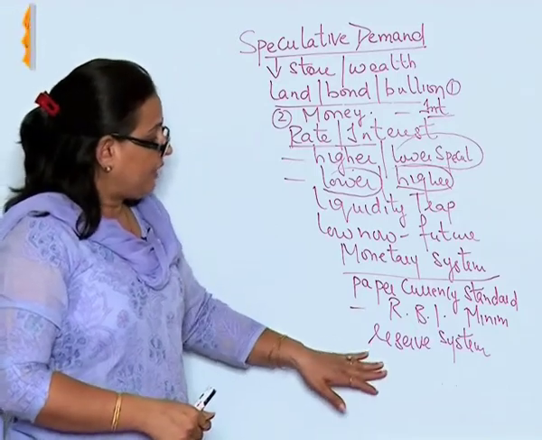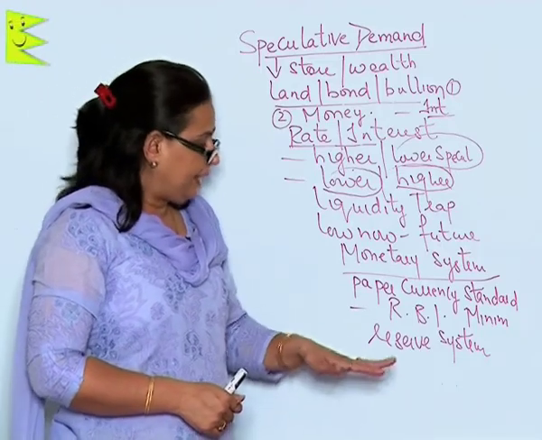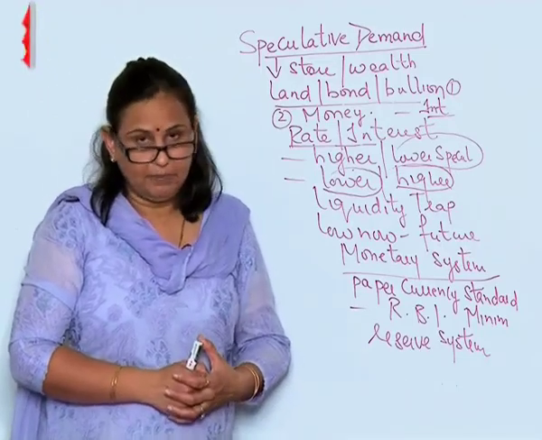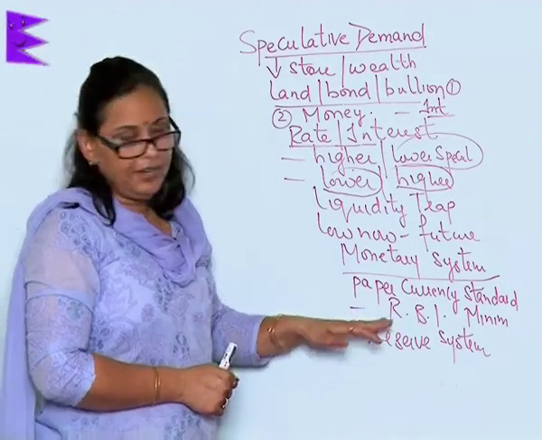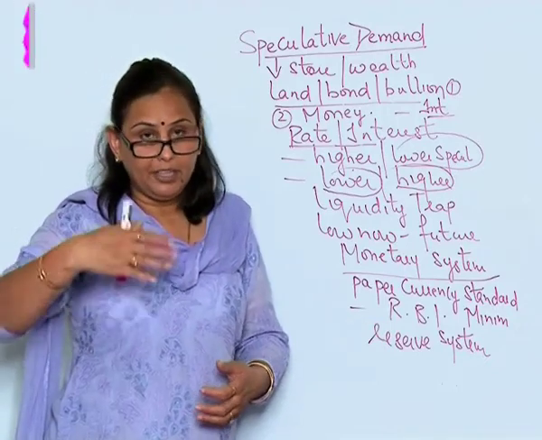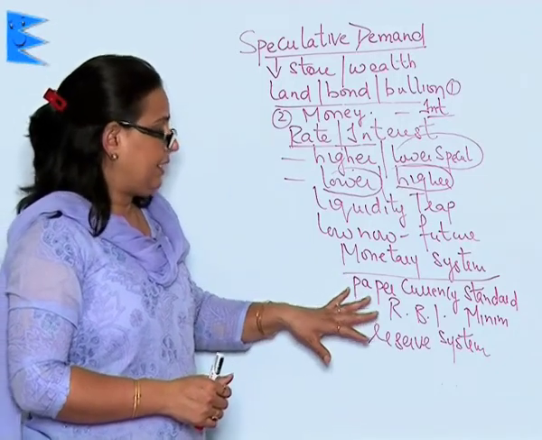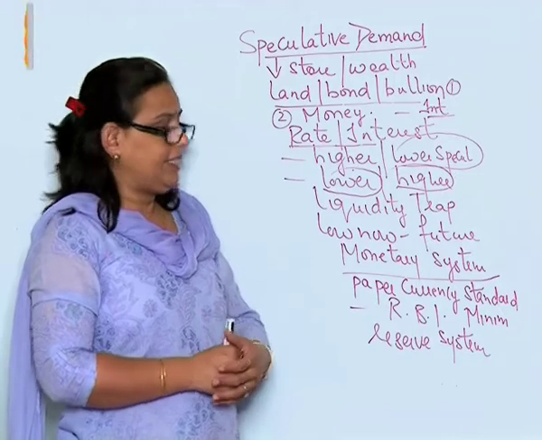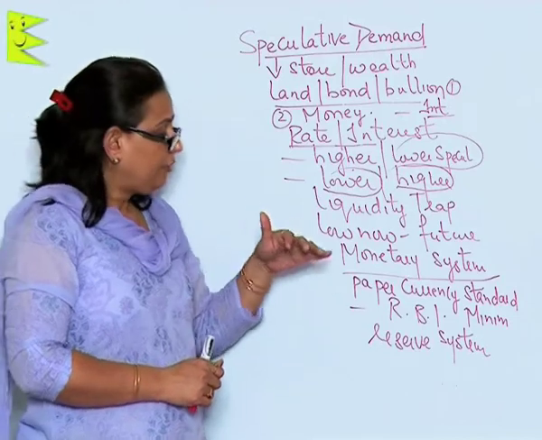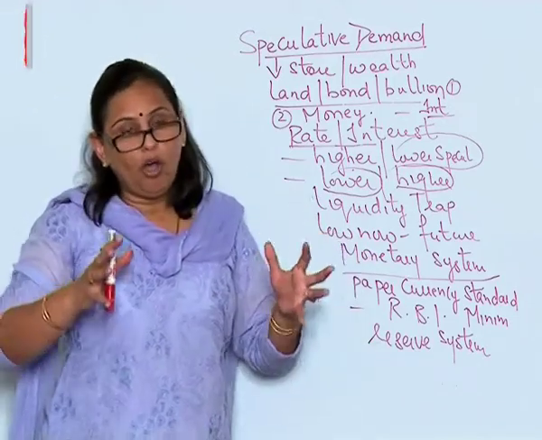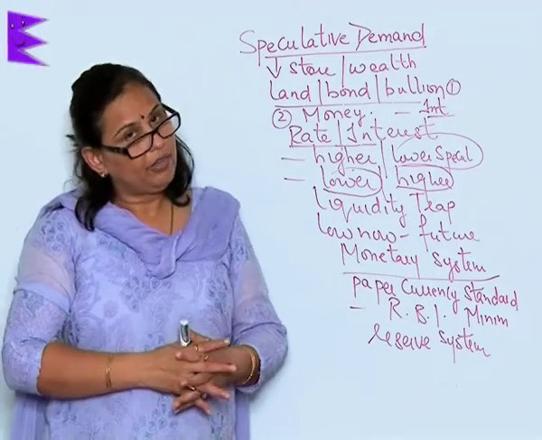For issuing the paper currency, the Reserve Bank of India maintains a minimum reserve system. That is, it has equivalent gold in its stock for whatever currency it is issuing. So though we have a representative money system, that is the paper currency standard system in India, the Reserve Bank of India withholds the value of that representative currency in store in the form of gold reserves.